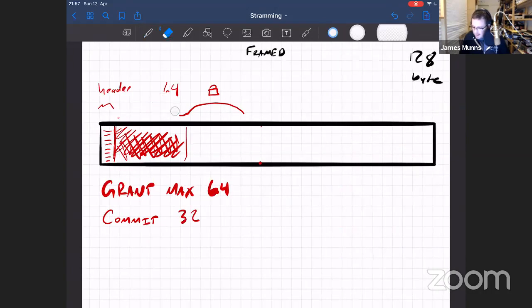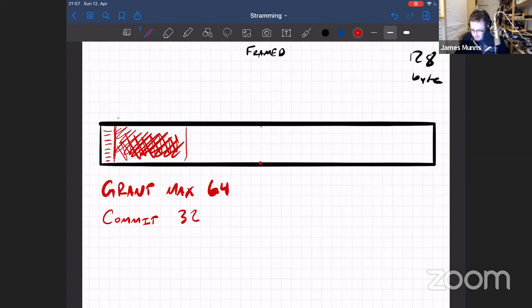So the grant goes away. And what we actually did is we saved ourselves some space for a header. So then the value of this header is 32. What this header does is it says, okay, the next 32 bytes are part of one message. So when you go to read this,